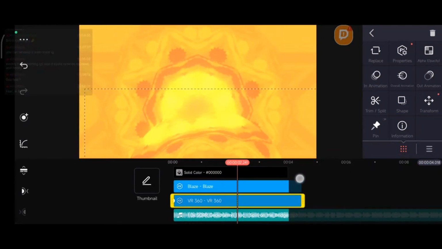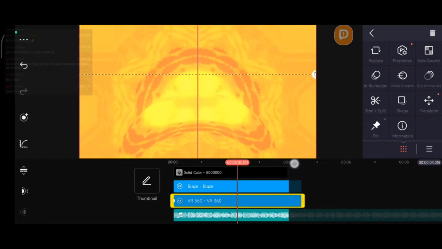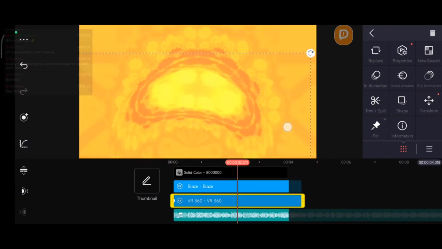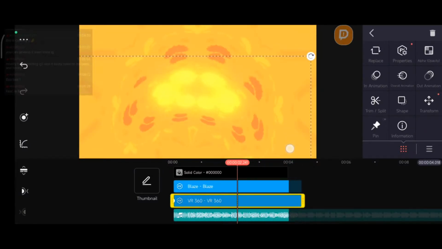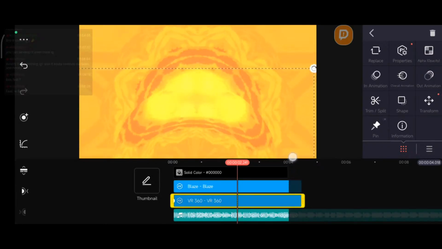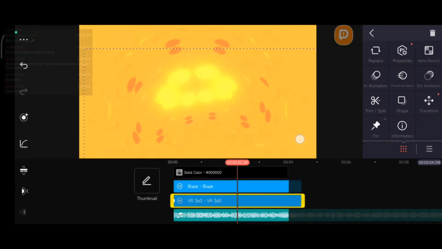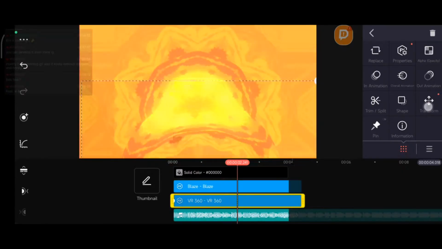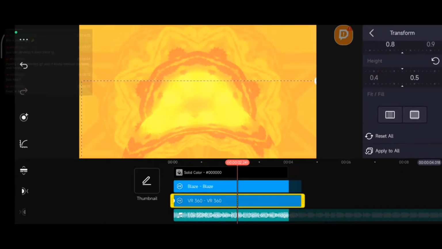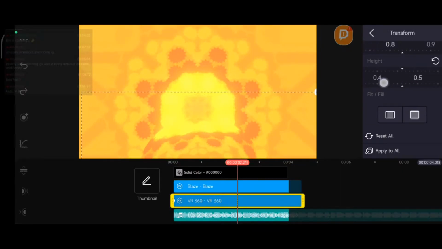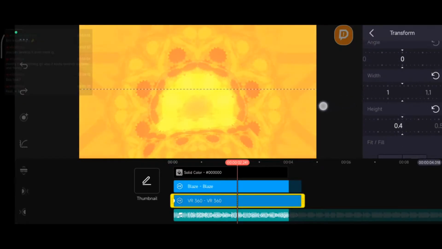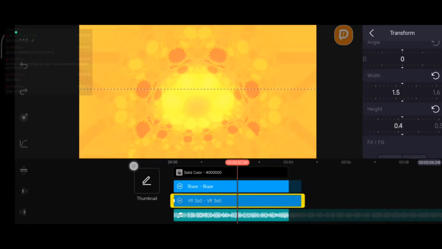I mean the angle of it. Okay, so if I change the height, it's gonna decrease the size, and then if I increase the width, it's gonna